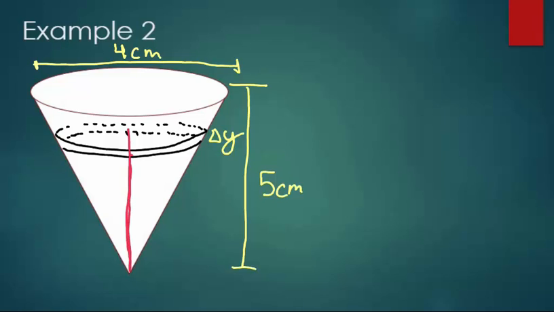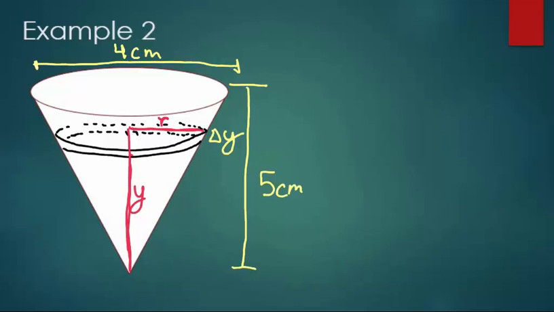This slice is at a height y. It's an unknown height and has an unknown radius r. That would be the height and radius of the bottom face of the corresponding similar cone,